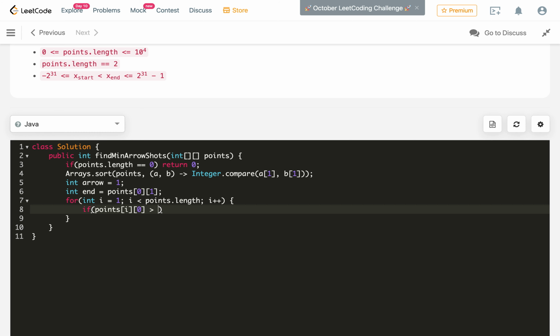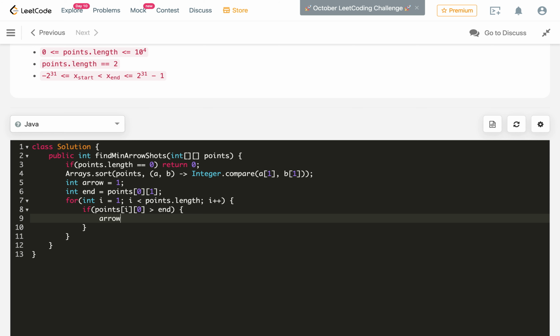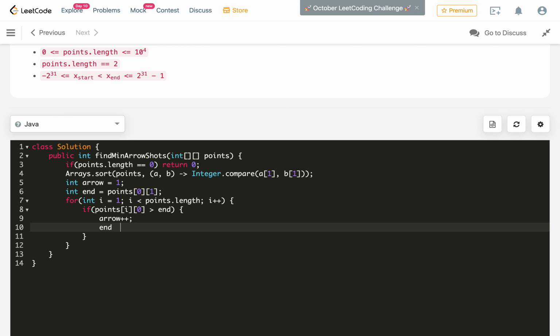If the point's start is greater than the current END, then we have to take another arrow and update our arrow plus plus, and update our END with the END of the current point we are processing. So this is how, and after trying all the values we will return arrow as our answer.